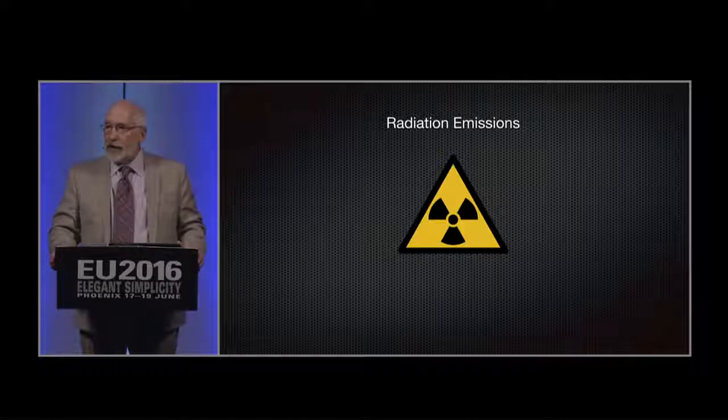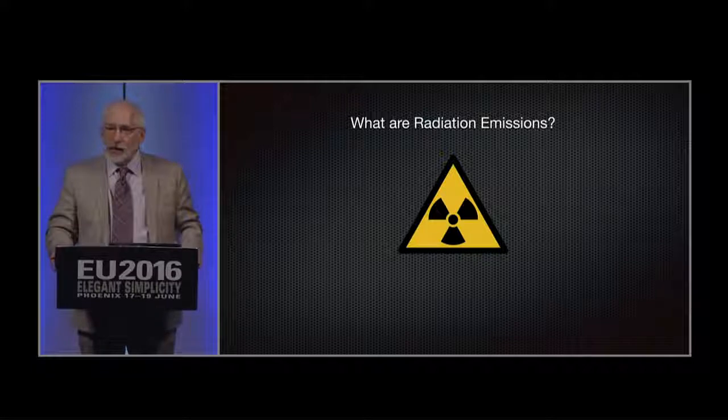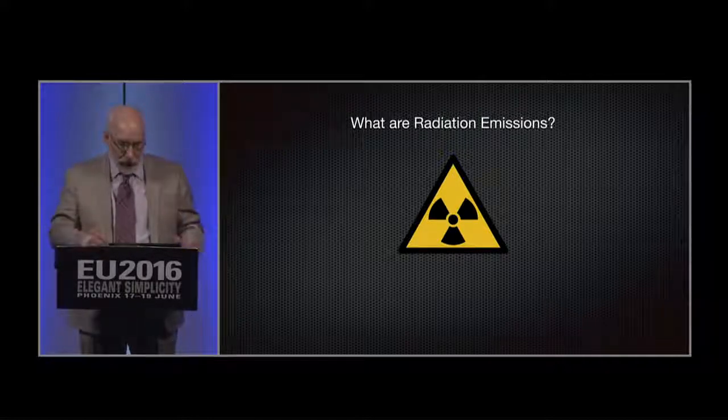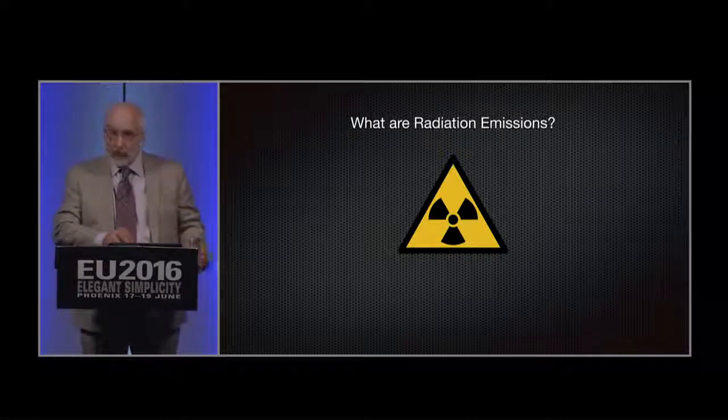One of the things that happen in a plasma discharge, one of the characteristics of a plasma, is what we call radiation emissions. Radiation emissions are the thing that you feel when you walk outside and feel the hot Phoenix sun after you've been in the shade. Those emissions in SAFIRE travel at the speed of light, and they impinge on the surface of the chamber. Now, I didn't think that this would be a big deal when we first started out because it's such a big chamber. It weighs almost 2,000